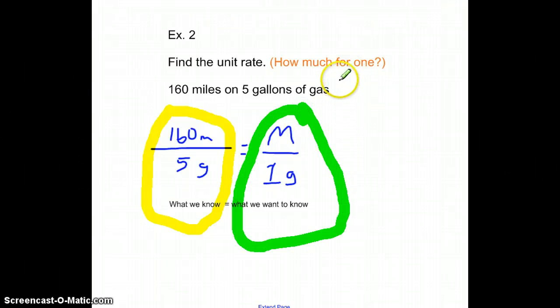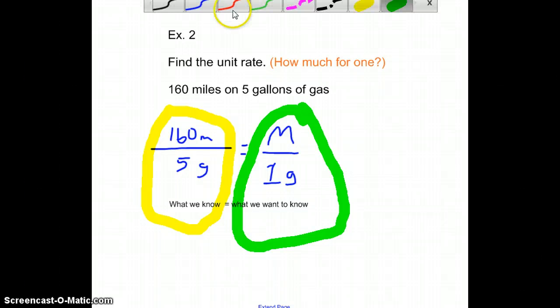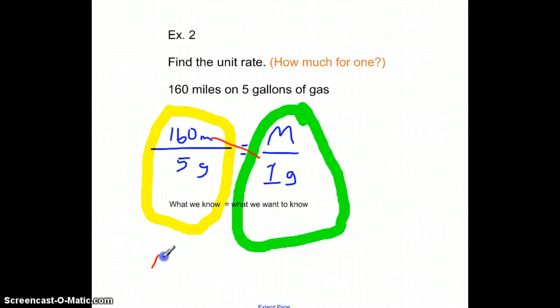Let's set it up and execute it. Cross multiply: 160 times 1, well, that's 160. Again, the variables don't really exist. I'm just putting those there for my own record so I don't mix up the categories. 5 times m. Now this big M, that variable does exist. That's what we're looking for. 5 times m is 5m. And now from here we just divide by 5. So 160 divided by 5